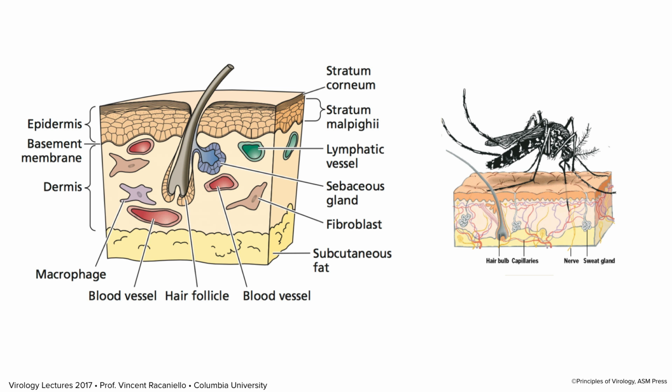So let's talk about the skin, the biggest organ in your body. It's an organ. And here's the way it's made up on the left here. The outer layer is called the epidermis. And the very outer layer of the epidermis, the stratum corneum, is a layer of dead cells. You're covered with dead cells. You're walking death, all of you.